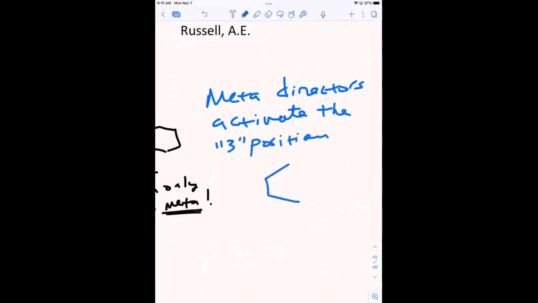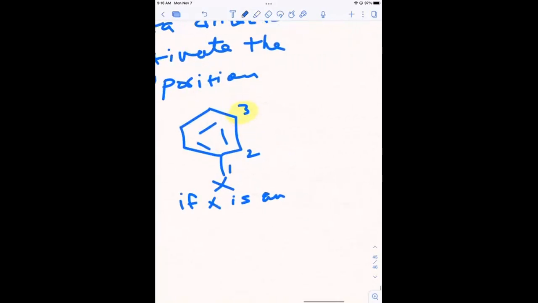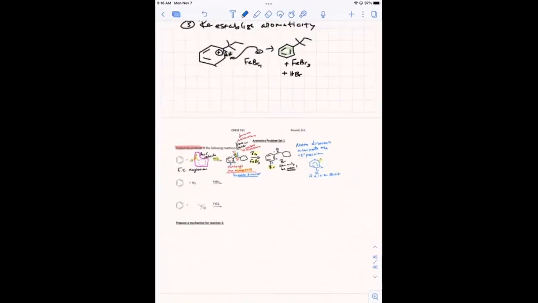So if you have a ring that's already substituted with a substituent like this, that's understood to be 1, this is 2, and that's 3. So this is the position that gets activated if X is an acceptor. If X is an electron withdrawing group, then it's the 3 position where your other substituent is going to go. All right, let's do